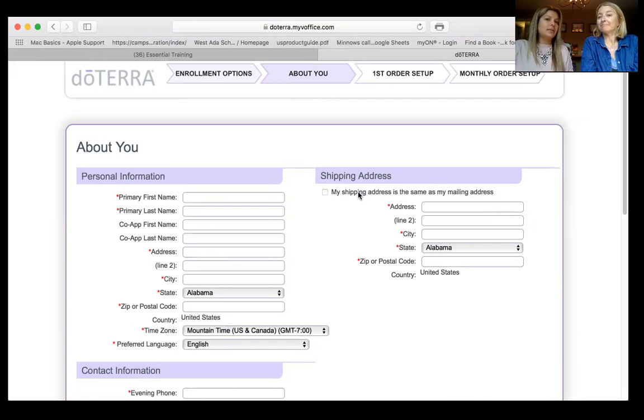After you do that, I'm going to stop the share. After you do that, it's going to give you a transaction complete. It's going to give you their ID number. So what I typically do is I write their ID number on the enrollment form. Very important. And their password, so I can provide that to them on the follow-up letter, on the welcome letter.